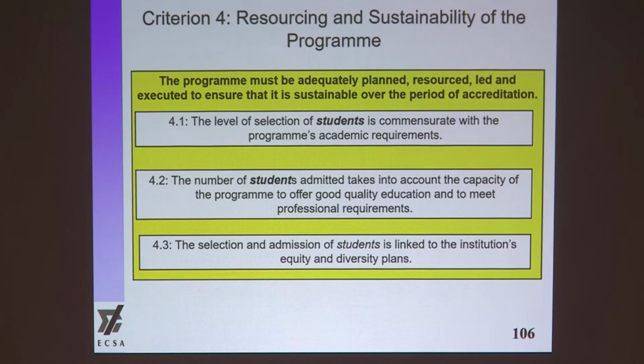Here's the exercise we do. Then criterion 4, I just want to go through. This is again now your resourcing and sustainability. Your level of selection, your number of students. Again, you see, you're taking in 300 students, and really you've only got facilities to handle 100. In other words, you're not going to get good graduates going out. Your selection and admission of students. You take them in, and you know they're going to fail before you take them in, but